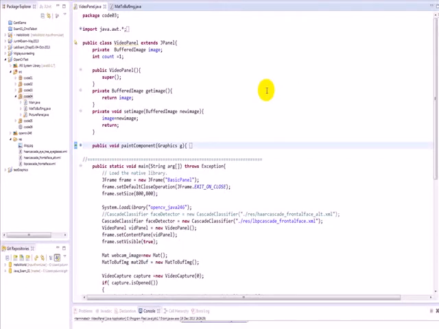I want to get OpenCV in Java to recognize my face in a webcam stream, and I want to display the results of that recognition in a buffered image on a JPanel, on a JFrame, as the program is running. Just to give you a sense of the outcome for this program,